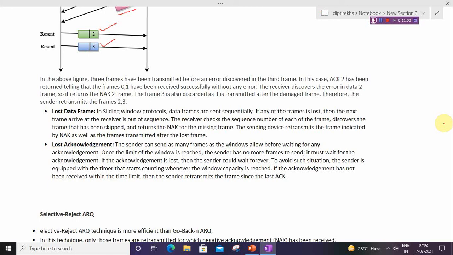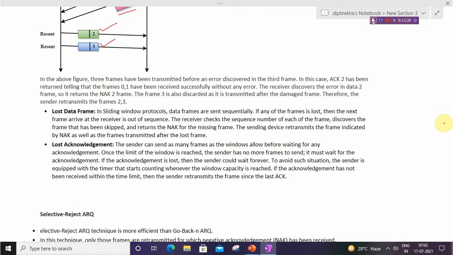If the acknowledgement has not been received within the time limit, then the sender retransmits the frames since the last ACK. Means after it sends all the frames within the window, it waits until the timer runs out. If the time runs out, it will send all the frames since the last ACK.